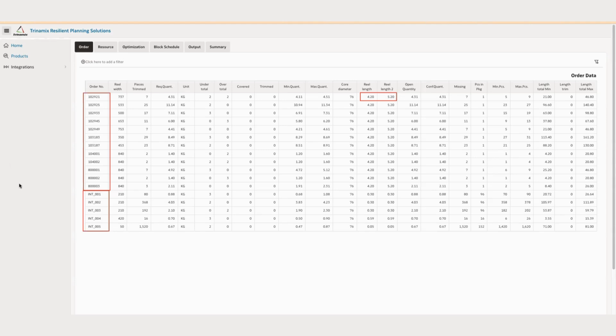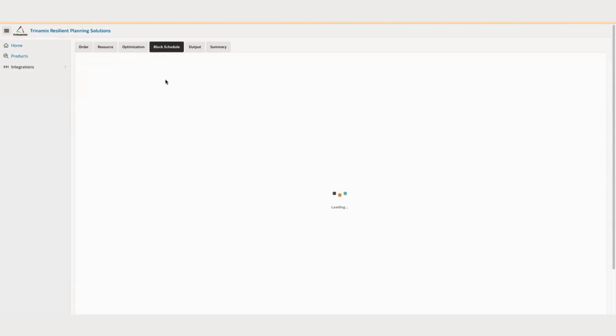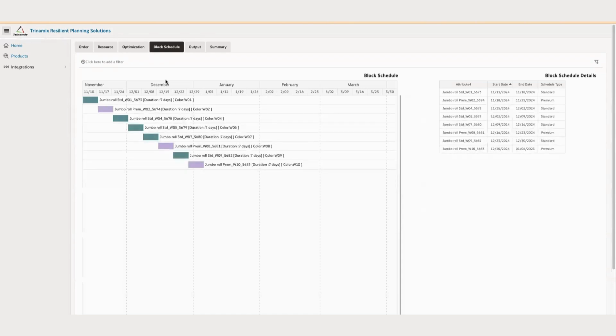So given these are our customer orders, let's dive into what is the incoming supply. In this particular case, we have the block schedule, which is nothing but from our planning system based on the way we have forecasted demand, how we should be campaigning to club multiple jumbo rolls together to reduce the changeover time. So these are all the incoming supplies from the process manufacturing, where we have standard jumbo reel coming in first, then the premium one,